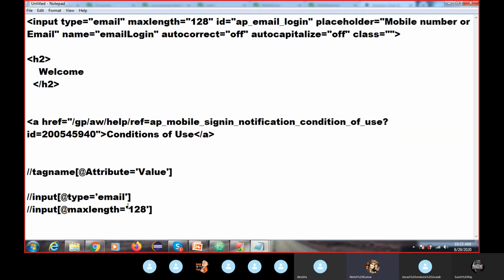You can use any attribute to find the element, but what you can use, if you're having the id, or if you're having the name, you can take this one only. A name, id or type. We cannot take something like a number, because tomorrow it will change and your script will fail. If some unique attribute is there, I can take it, like the placeholder. We can take this type of attribute. So if you write this, first you can validate here.